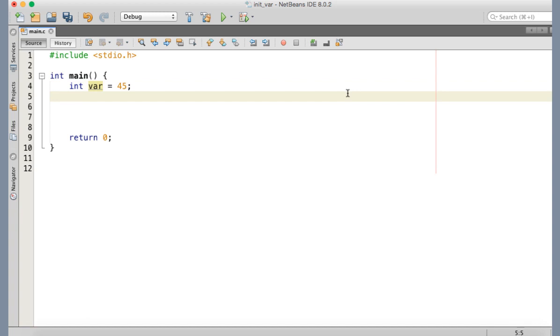So var contains decimal 45, and we can just print the content of var using the format specifier %d. That's the format specifier for decimal integer. Here printf receives the type information as format specifier. This %d tells the printf that it needs to print the content of the variable that is passed here as